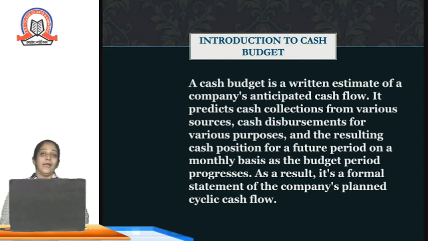Likewise, a company makes n number of expenses on a daily basis. That may include payment of salaries, payment of expenses, payment to creditors and so on. And similarly, there is a situation where a company receives cash on a daily basis,